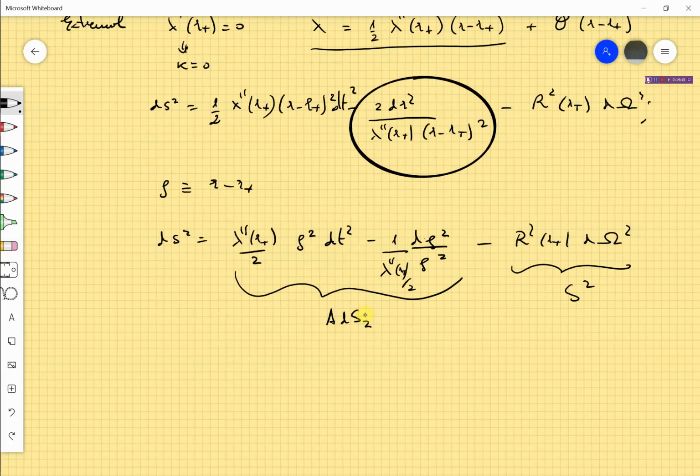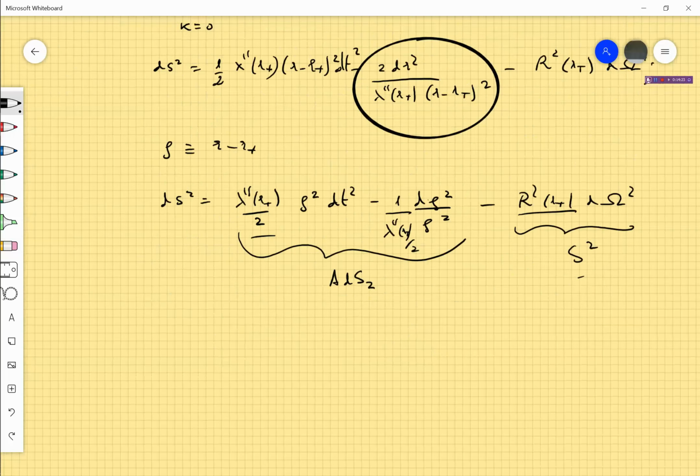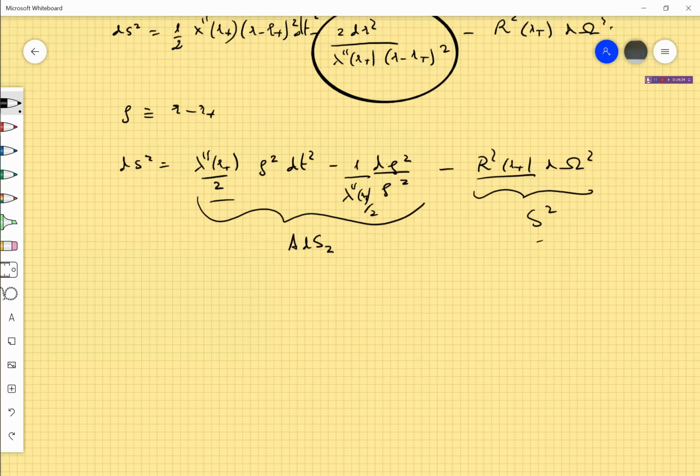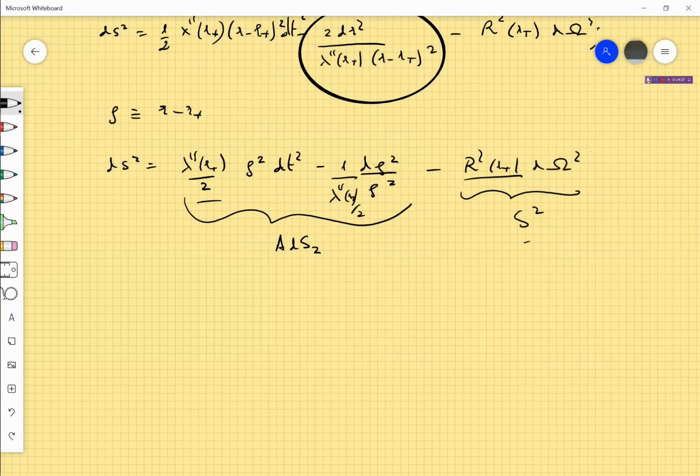Then the radius of this sphere, which is r of r plus, and the radius of this anti-de Sitter do not need to be equal. And in general theories, they are not equal. Okay. Still, this is a solution of Robinson-Bertotti type, because it will be a generalization of it with different radii. But the important thing is that this is a completely general behavior for static black holes, and you see that when